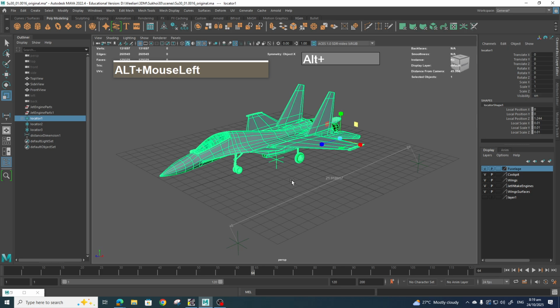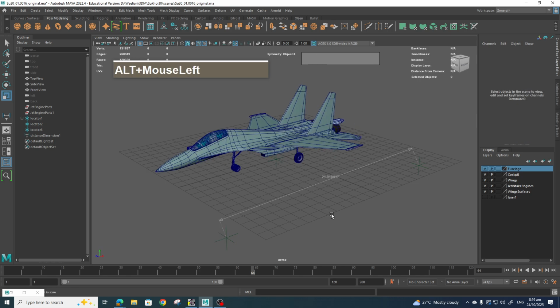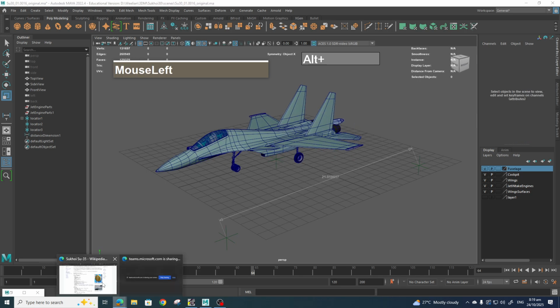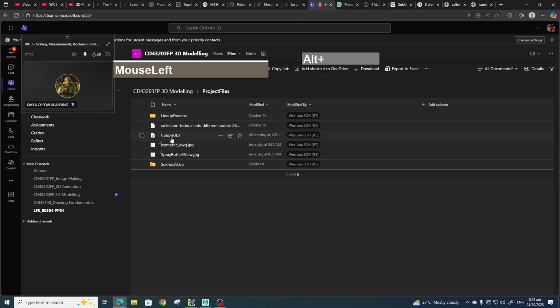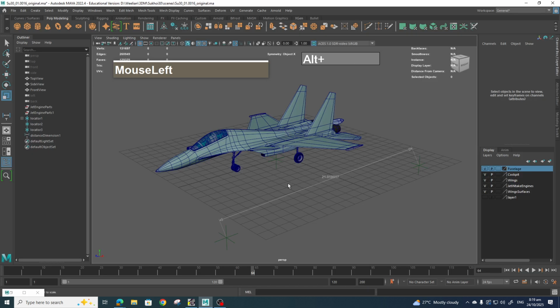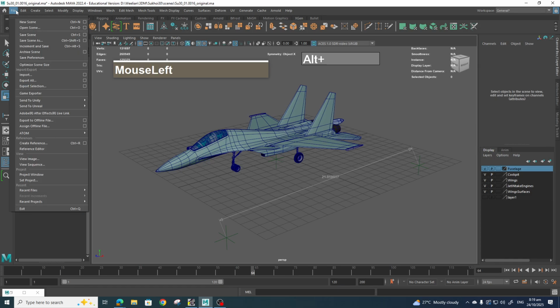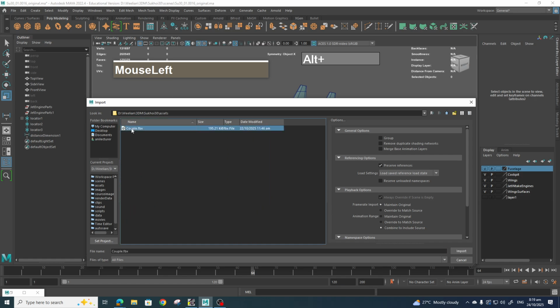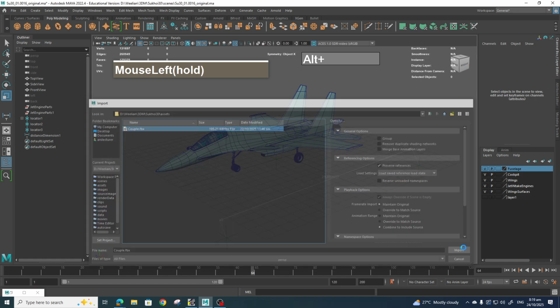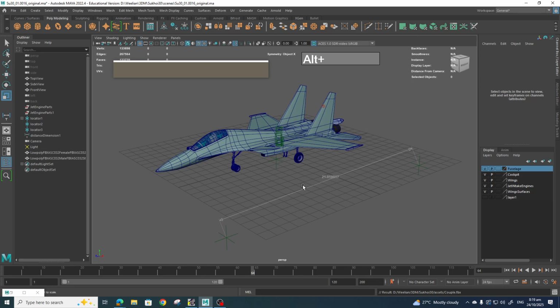The next thing we want to do is to bring in the two couple. I told you guys already to go and download it from your exercise files, the couple FBX. So we're going to bring in the two characters. I already placed it in my assets folder. Click on File, Import. Then go over to the assets folder and import it in. And we should have a couple of